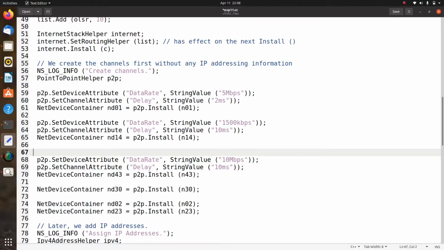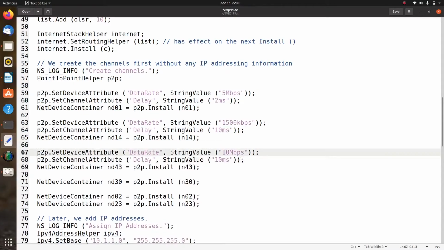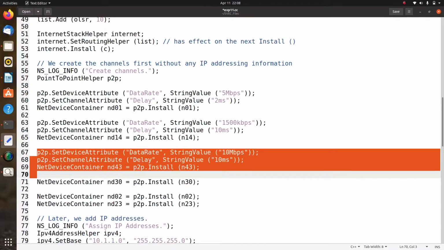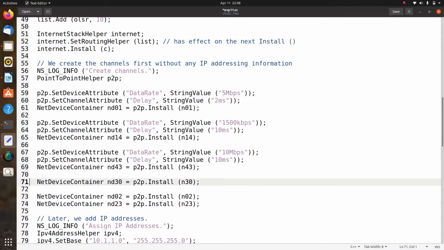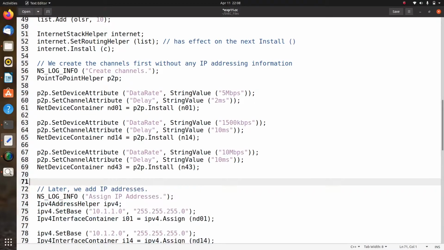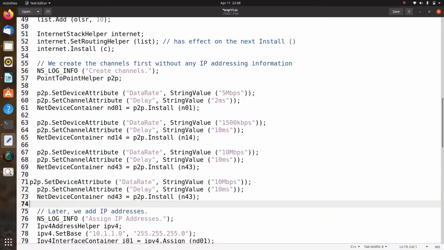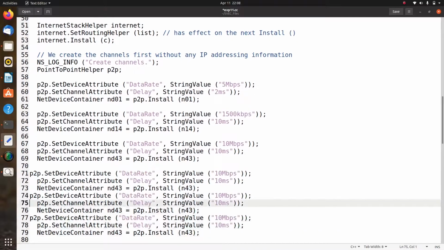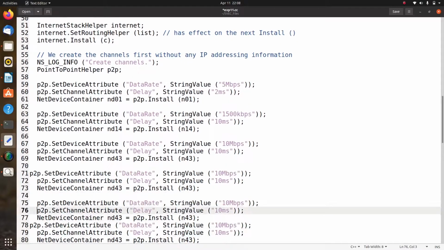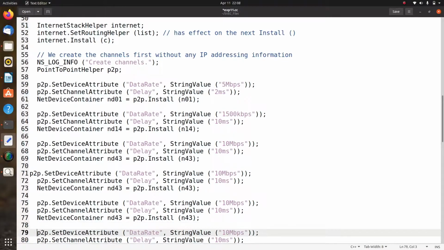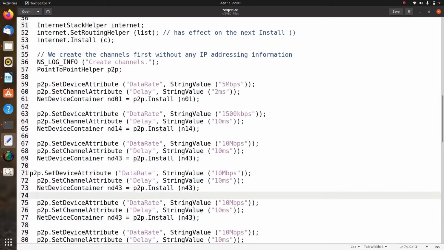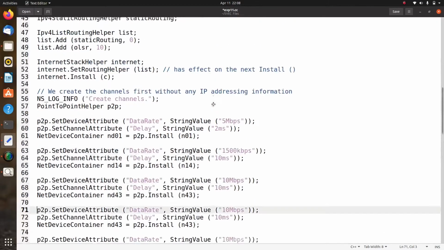This is the third link, so let me copy this: 3, 4, 5, 6. So totally we'll be using 6 links there, so that it can be easily remembered.